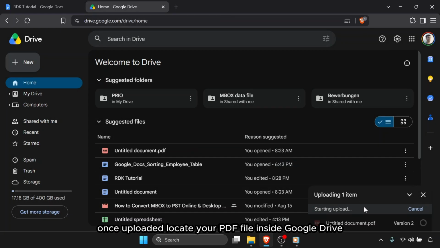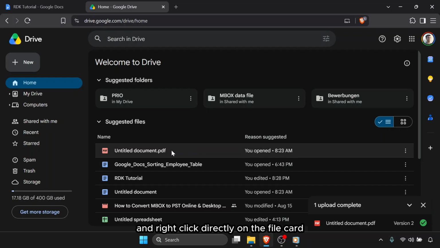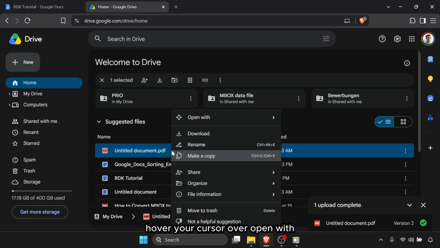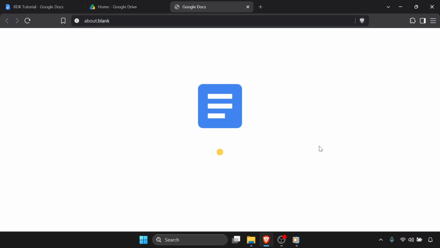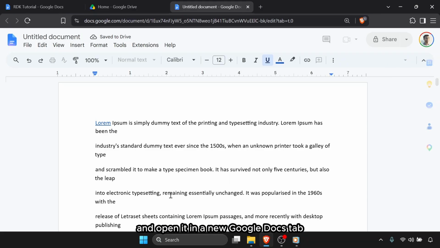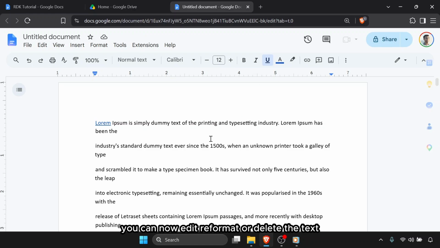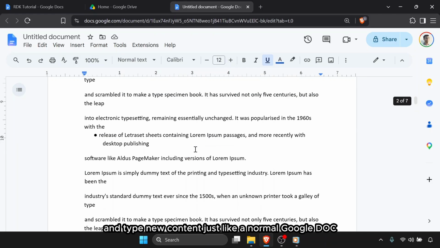Once uploaded, locate your PDF file inside Google Drive and right-click directly on the file card. Hover your cursor over Open With at the top of the context menu and select Google Docs. Google Drive will process the file, convert the optical text into an editable document, and open it in a new Google Docs tab. You can now edit, reformat, or delete the text, add images, and type new content just like